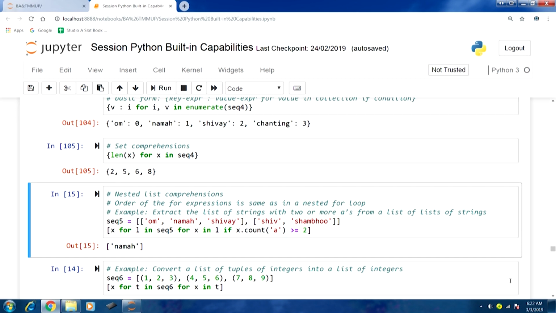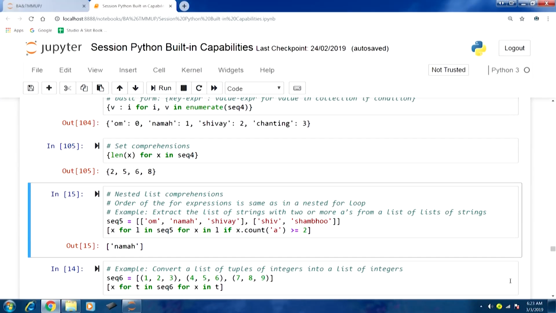So, the inner loop is about that, and then we have this filtering component also here. Each string we will count the number of characters A, and if it is greater than 2, then those strings are to be filtered in, and the output would be presented in list format, because you can see the outer list comprehension.